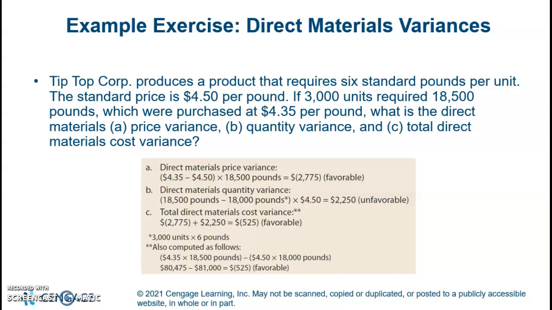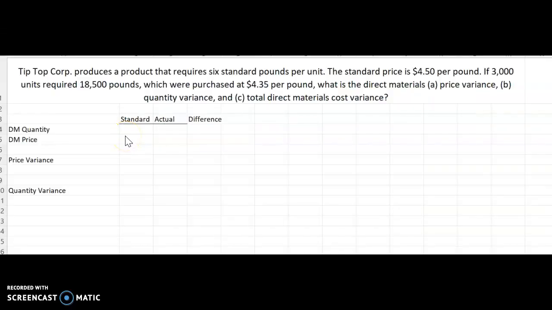So I'm going to show you how to think about it, and then I'm also going to show you down here the slide that came with it with our answers, and you can decide which way makes more sense for you to use. So I like to make a chart like this and fill in my information, and then I can plug it into my formula. So it says we require 6 standard pounds per unit. The standard price is $4.50 per pound. So that is easy to put in using standard price. I'm going to put in